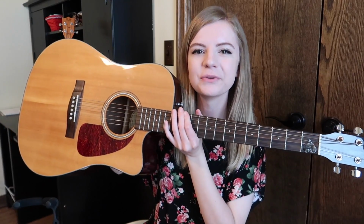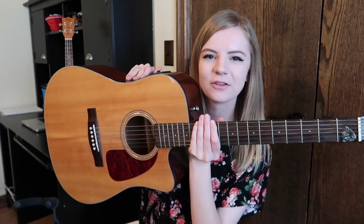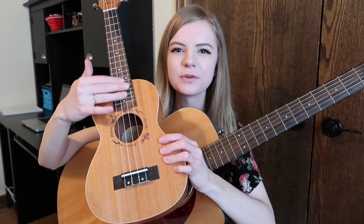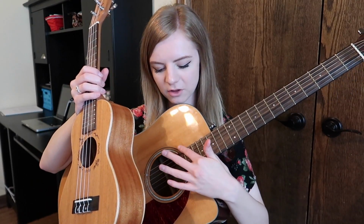The first thing that we need to go over is the main difference between the two instruments, and that is obviously that the guitar is bigger and the ukulele is smaller. So here you have a guitar, you notice that the body is a lot bigger, it's a lot deeper, the neck is a lot longer. Longer strings are going to mean a lower sound, and that is why the ukulele sounds higher than a guitar. So you can see that the strings on the ukulele are shorter because the instrument is smaller, and then on the guitar, they're longer, so whenever I